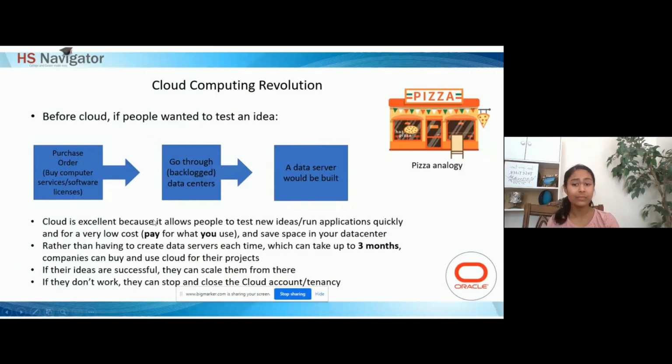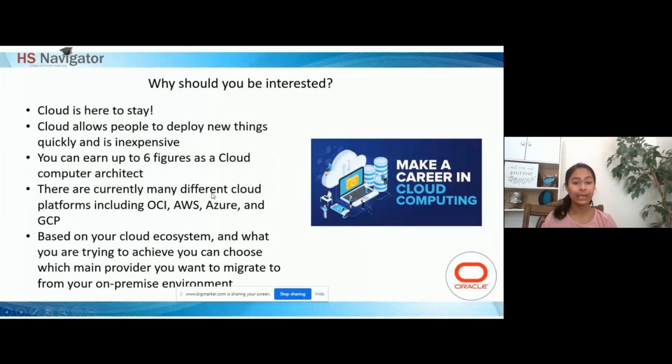So cloud makes it easier, faster, and cheaper to deploy applications. Why should you be interested in learning about cloud computing? Cloud is here to stay, it's not going anywhere. And cloud, as we just said, allows people to deploy new things quickly and inexpensively. And in terms of careers in cloud, you can earn good money, up to six figures, as a cloud